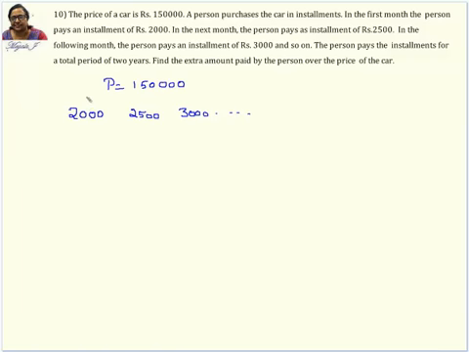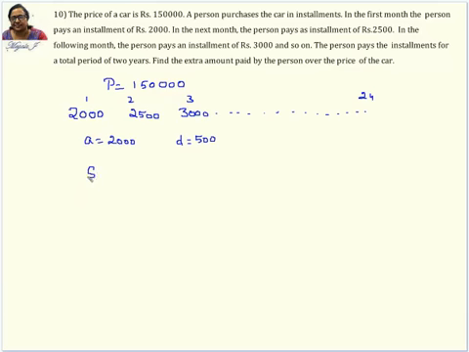So how many months is he going to pay? He's starting with the first month, second month, third month, and so on. He pays for a total of 2 years. 2 years is nothing but 24 months. So we don't know what the amount is, but he pays for 24 months. And what is A here? A is nothing but 2,000, and what is your D here? 500, ma'am. Let's apply it in the formula now.